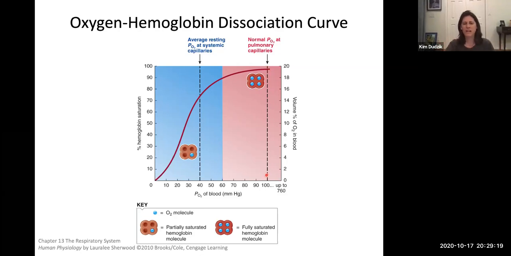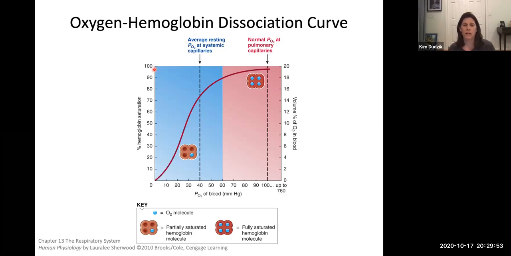So again, what this is saying is that at our arteries, or once the blood leaves our pulmonary capillaries, the hemoglobin, what is the percent saturation? Well, you look at the graph. So we go to 100. This curve will always be here. So this is showing you where the values fall on the curve. So when we stop at 100, we go up to the red line to the curve. That's where we stop. Now we can go across and we say the percent saturation of hemoglobin is about 100%.